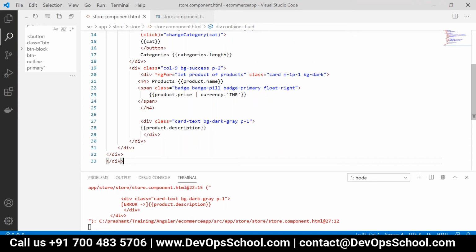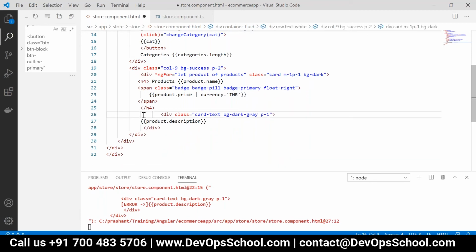Line number 27 is giving some error. Product dot description. Okay, you have written span and H4, right? After span you have written an H4, then you created another div. H4 is closed after the span. Okay, then you have written product dot description.